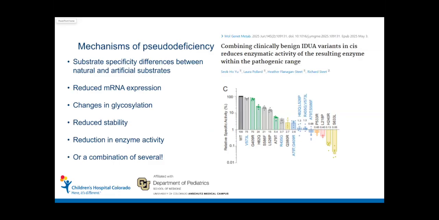But as you start to read and study these alleles, I want you to understand that it's not just that. The early concept was that we're using an artificial substrate and not what goes on naturally in the cell, and it's the inability of these enzymes to bind and act on these artificial substrates that's the main problem. I think that could be a problem. It probably is a little bit of a problem. But as you read through these alleles, you find that there's reduced messenger RNA expression. I already talked about the change in glycosylation. There's reduced stability. There may be an overall reduction in enzyme activity, or like I used with the ARSA example, it may be an allele that's a combination of both.